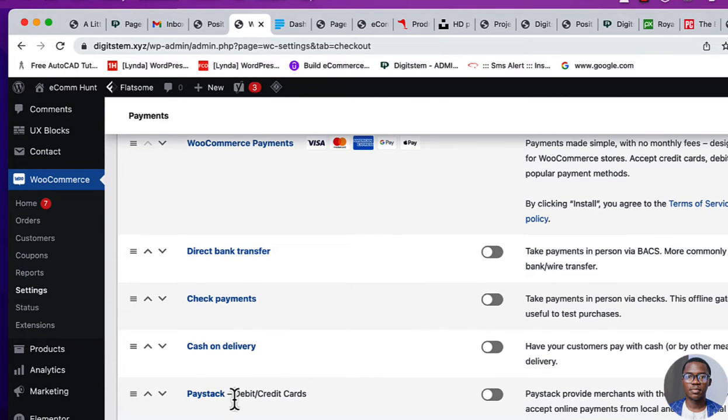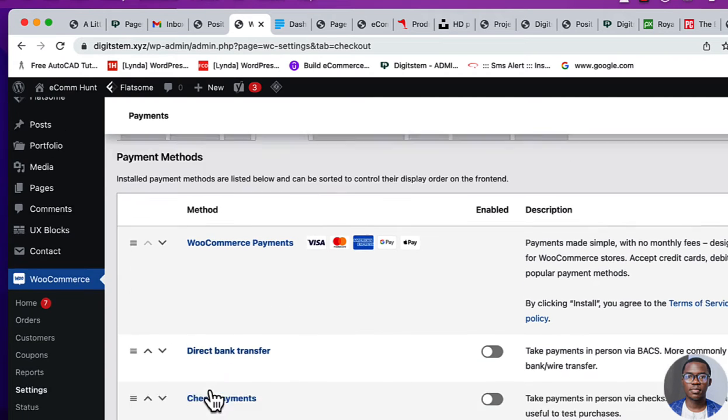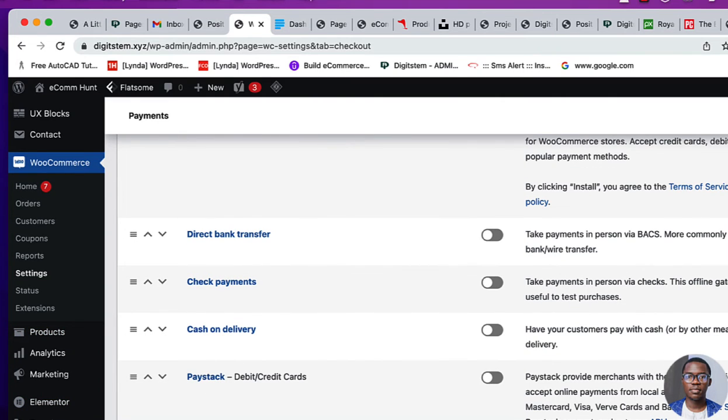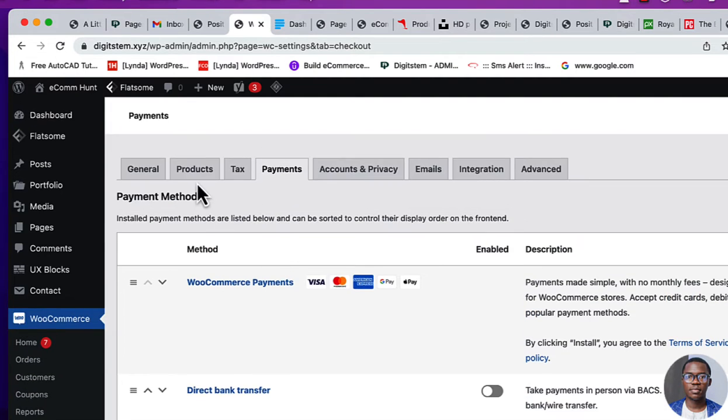I've included this plugin inside the resources. You can head over to the resources folder to download and install it. We also covered how to install a plugin using the zip upload, and you can do that, or you can go directly to your plugin section and install it from the plugins repository. Once you've done that, come over to WooCommerce and head over to the settings section